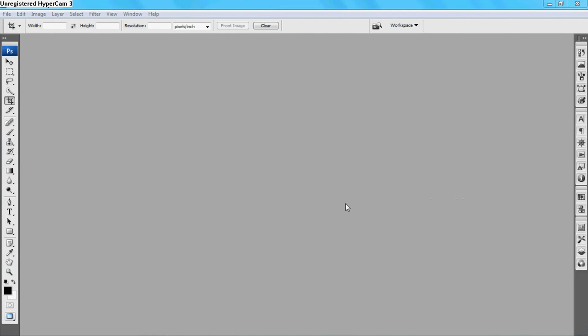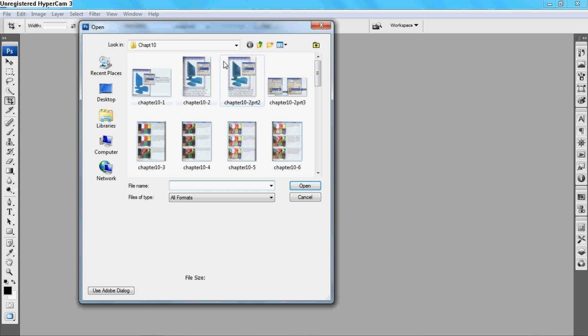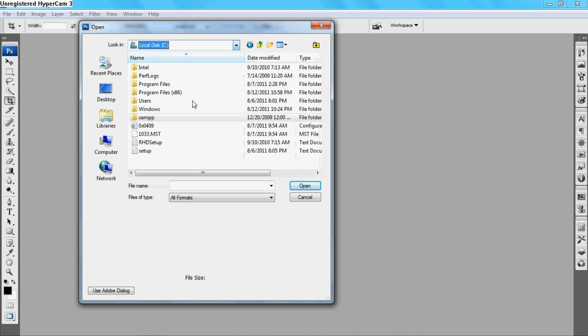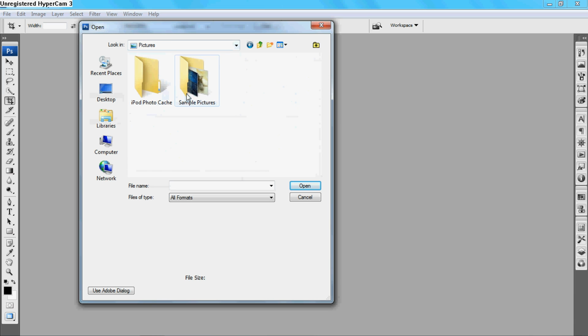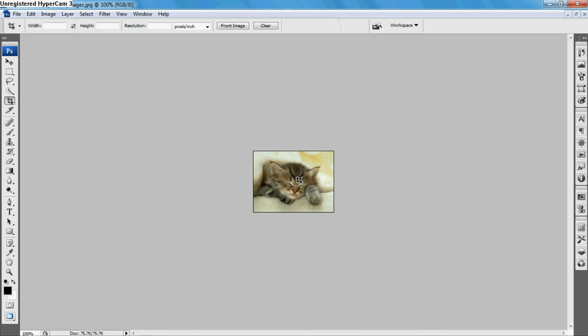Good day! For this chapter, I introduce to you the Photoshop environment and its interface. The work area includes command menus, tools, and palettes used for creating and manipulating images. First, let's upload the picture. There. Now let's proceed to the menu bar.